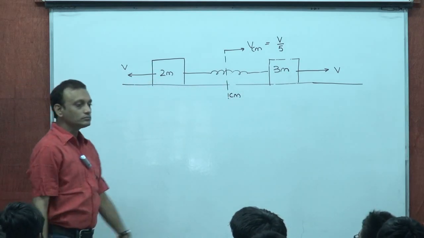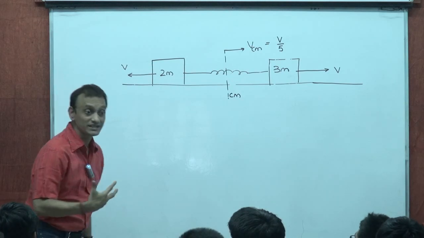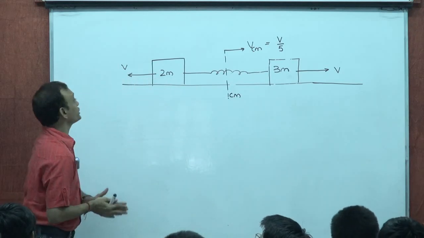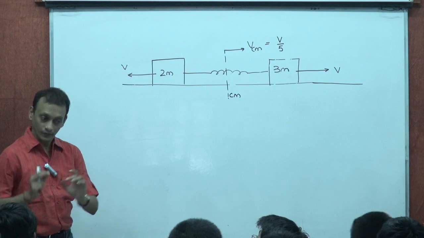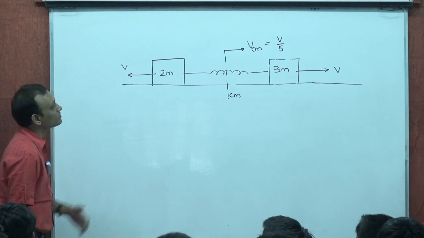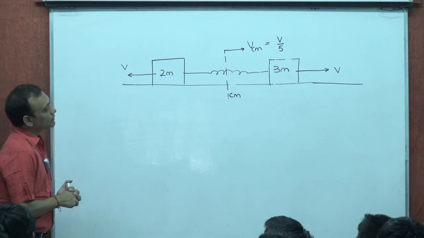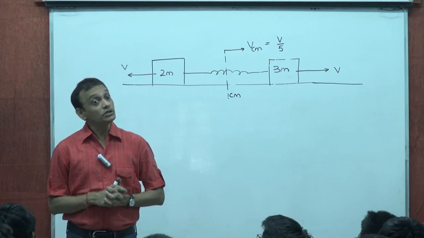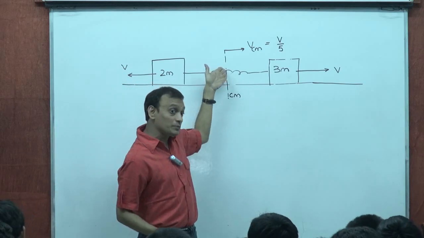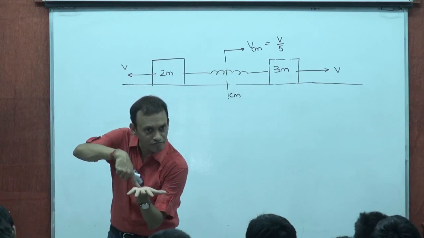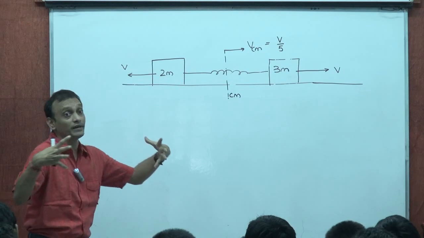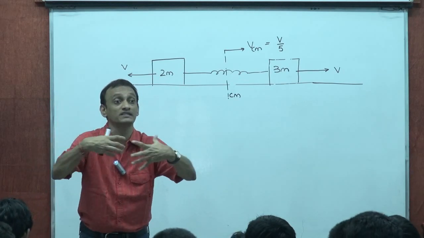Now, how would this system respond? Let's understand how this system would respond. What would be really the kind of motion executed by 2m and 3m? Now, to put it very precisely, the way things will happen here is that in the center of mass frame, that means if you are an observer sitting upon the center of mass, then with respect to the center of mass, the two particles, 2m and 3m, will execute simple harmonic motion, will execute oscillation,